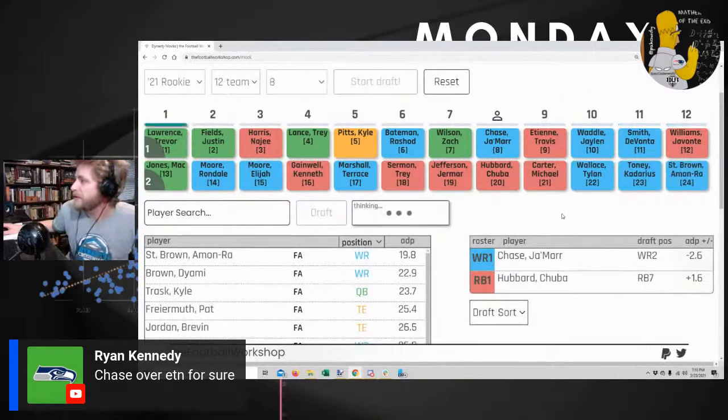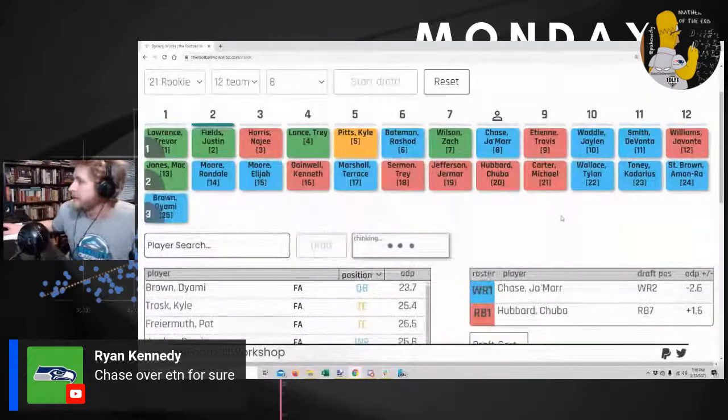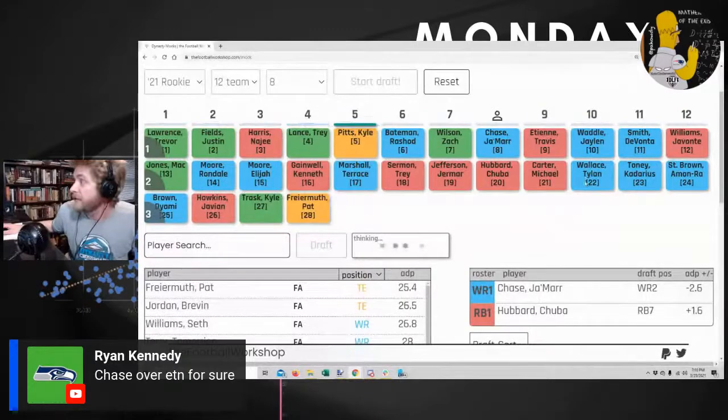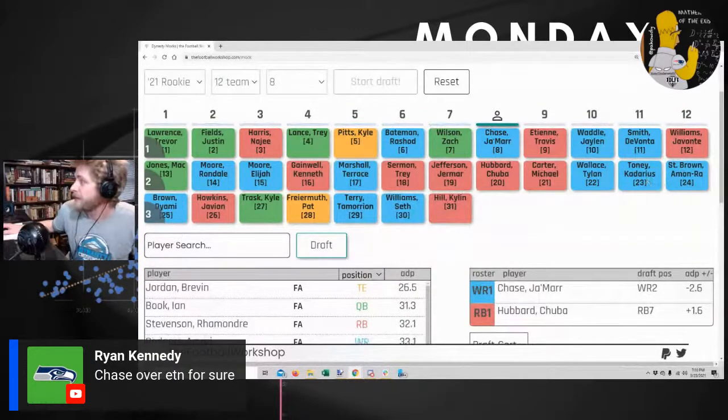Michael Carter. Oh, I was hoping he'd fall too. Tylan Wallace is another good wide receiver. Late second round is interesting. Tony, Amon-Ra, great name. And then Dyami Brown. Wow. In Superflex, we really needed to be trading for these second round wide receivers. Like, I like to trade up, and if that's where Bateman is going, I guess that's my target, or Najee Harris at 3 even. But I'm liking the second round this year.